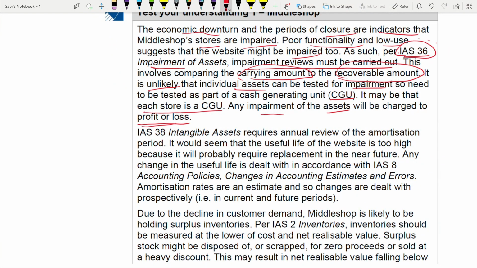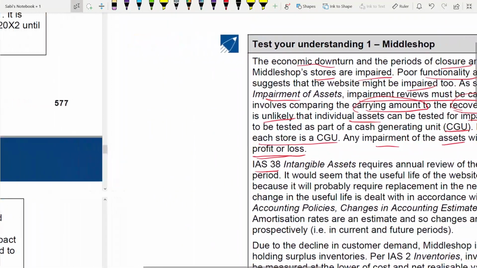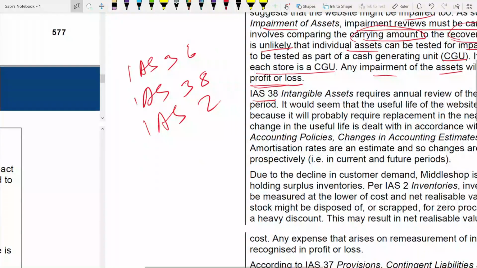Second paragraph talks about intangible assets, that is IS 38. First it's only about impairment. Now this order you can choose in any order, the way you want to write, whether you want to write first IS 38 then IS 36, or there are other standards also. Total standards, if you ask me, there are 5 standards. One is IS 36, that is impairment. IS 38, this is because of natural disaster. IS 2 inventory, IS 37 and IS 1. So if you see 5 places, 5 standards and 5 different paragraphs you need to talk about.